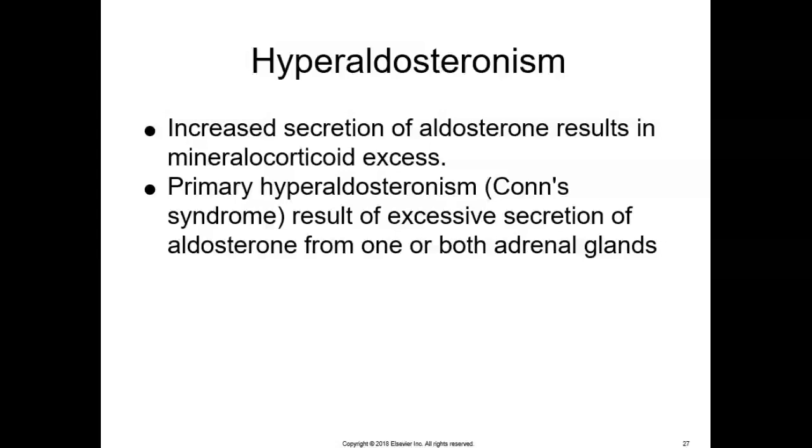This lecture will go over hyperaldosteronism. Hyperaldosteronism is an increased secretion of aldosterone with mineralocorticoid excess. Primary hyperaldosteronism diagnosed in adults results from excessive secretion of aldosterone from one or both adrenal glands, usually caused by